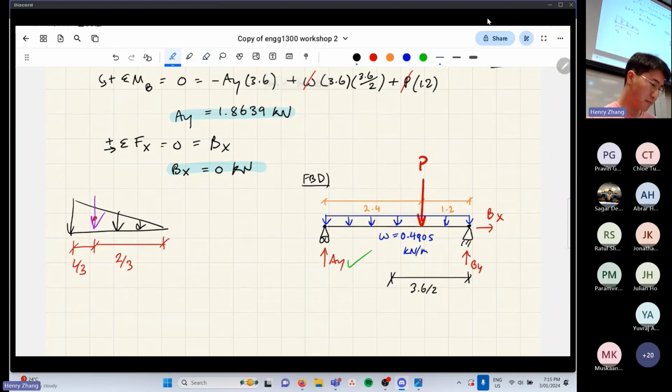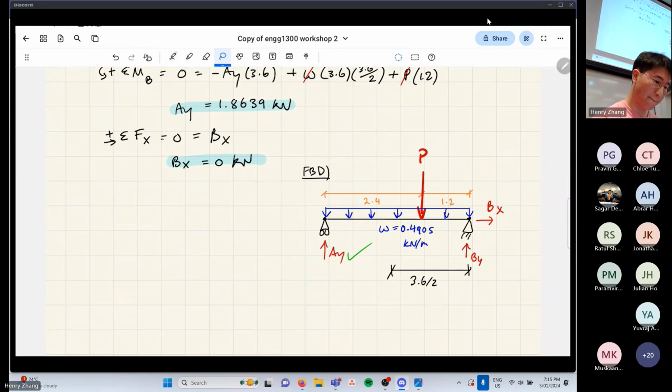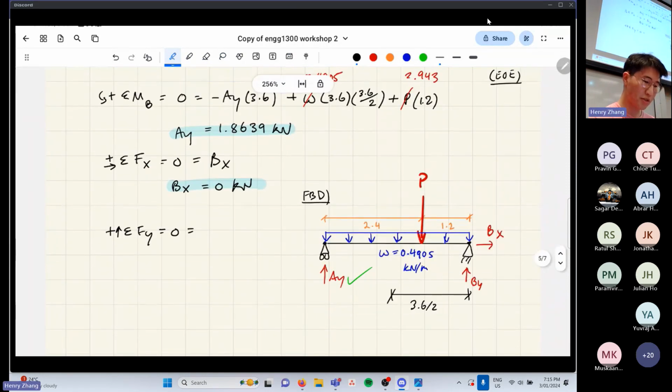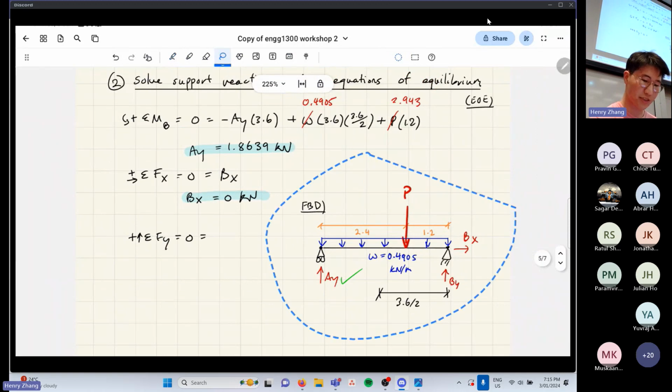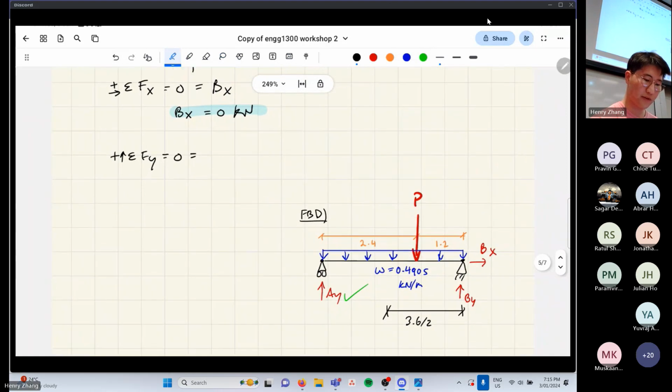I'm going to delete this now. Is that all good? Yeah. All right. So what we're going to do is take the sum of the vertical forces, and so we're going to solve for BY essentially. We've already done BX now. So AY, that's the first one, and then BY,